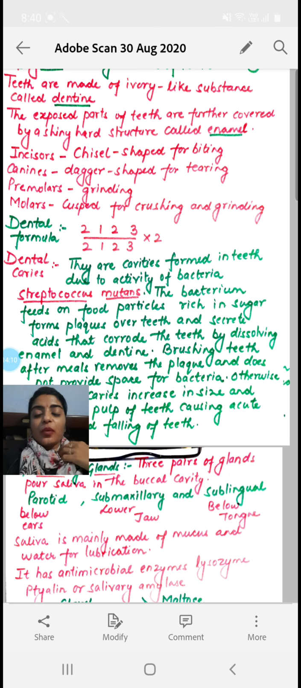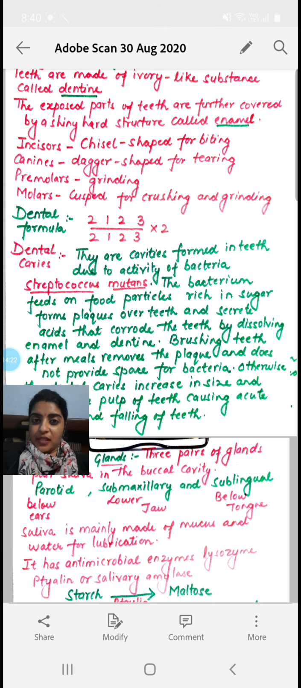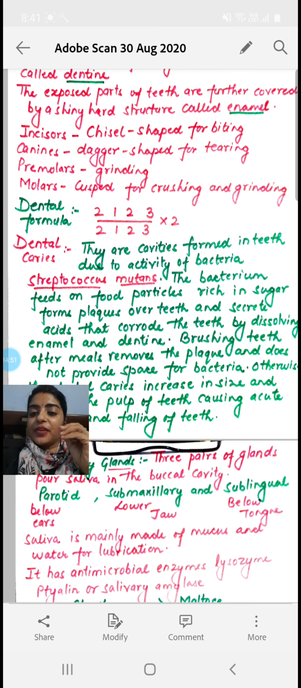So if we describe the 4 types of teeth, first I have described the shape, then the functions. So incisors are of chisel shape and are used for biting. Canines are dagger-like. ओके, कैनाइन्स किसी भी चीज़ को फाड़ने में हेल्प करते हैं, टेयरिंग में हेल्प करते हैं. So they are shaped for tearing. Premolars are used for grinding and molars are cuspid shaped. ओके, बीच में ऐसे एक डिप्रेशन होता है मोलर्स एंड प्रीमोलर्स में, for crushing and grinding the food